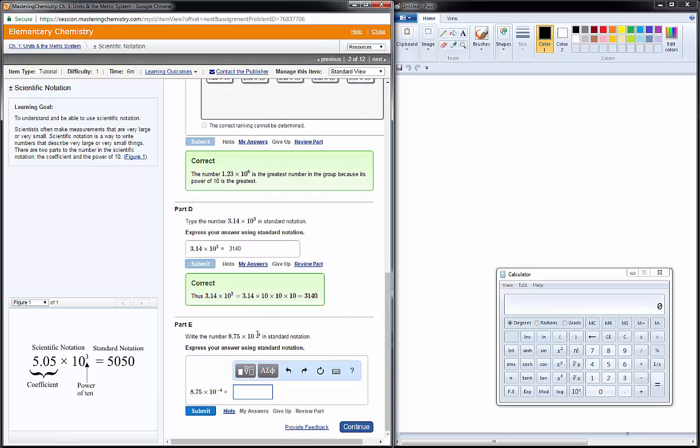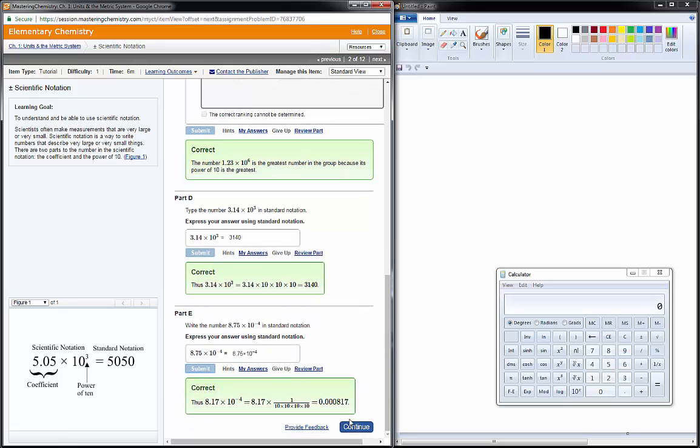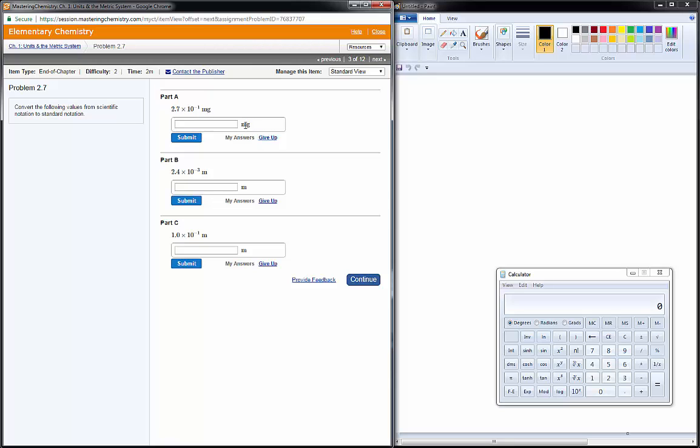And because this is 10 to the -4th, I'm going to move this decimal point to the left to make this 1, 2, 3, 4 digits. And I moved that decimal point, 0.000875. Now going between scientific and standard notation again,